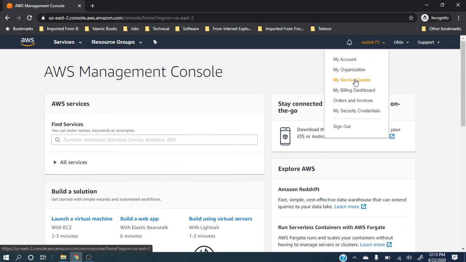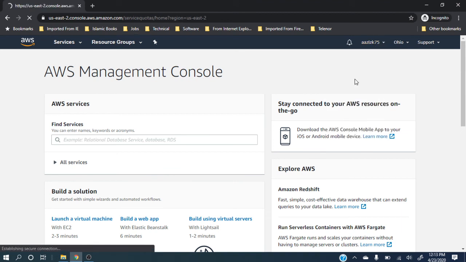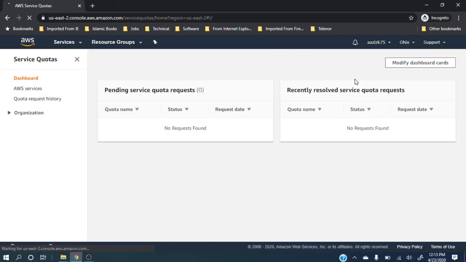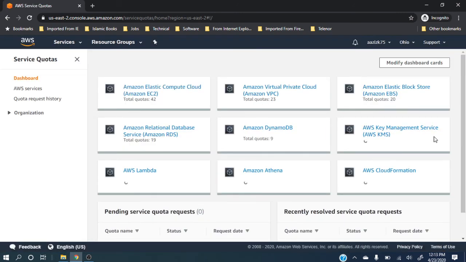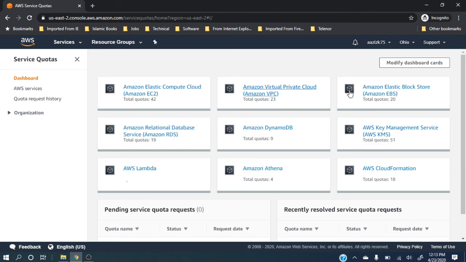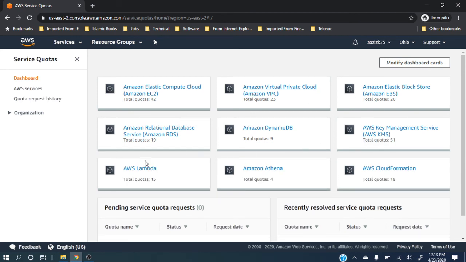Let me just show you Service Quotas. For example, right now I have this free tier account from Amazon, and in quotas I can see what free quota I have. For example, if I want to launch EC2, I can launch 42 instances on EC2.